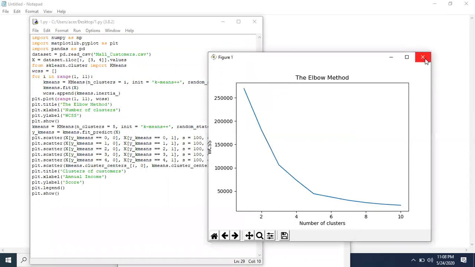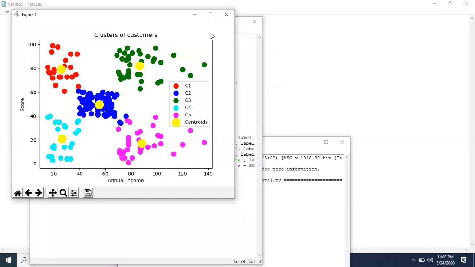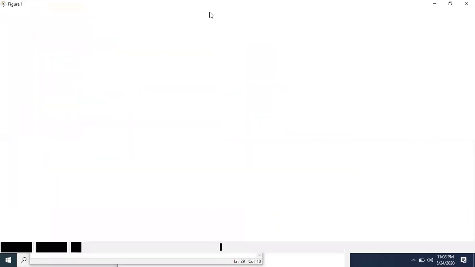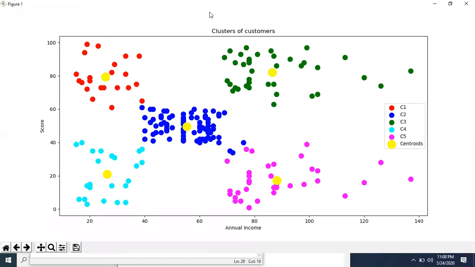So if I close this window, okay, here is the actual output where you have divided your data into clusters. So this represents cluster 1, cluster 2, green is cluster 3, cluster 4, and cluster 5. So all these 5 clusters with the centroids.